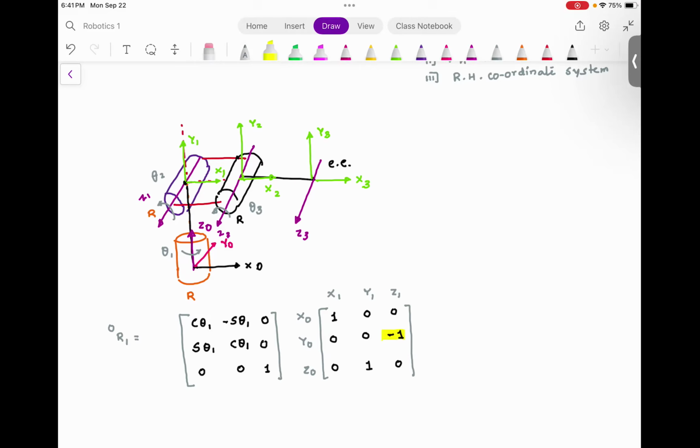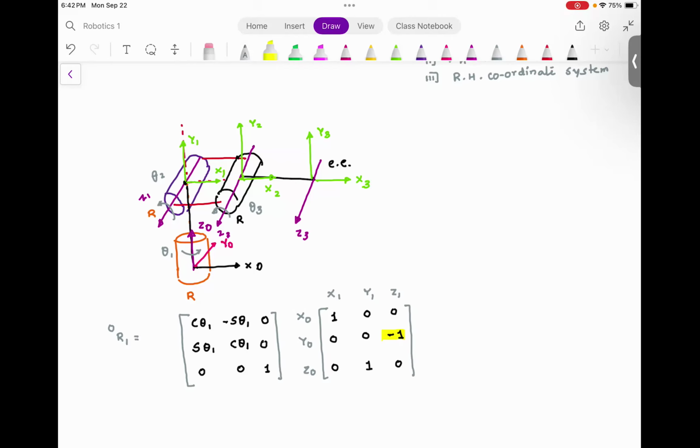And why is there a minus sign? Because even though z1 is parallel to y0, they are opposite to each other. That's why you have this negative sign. Everyone understood this? So the total rotation matrix is going to be the multiplication of the rotation matrix and the